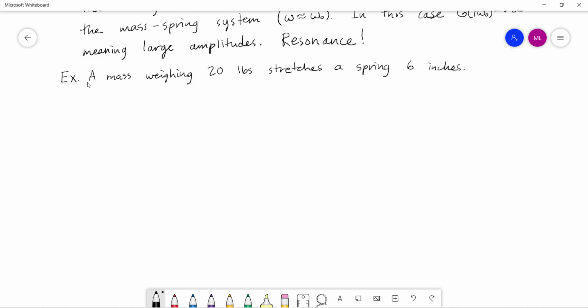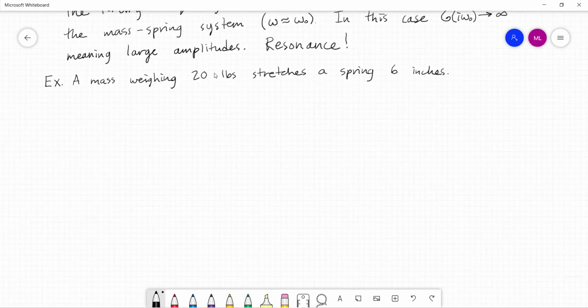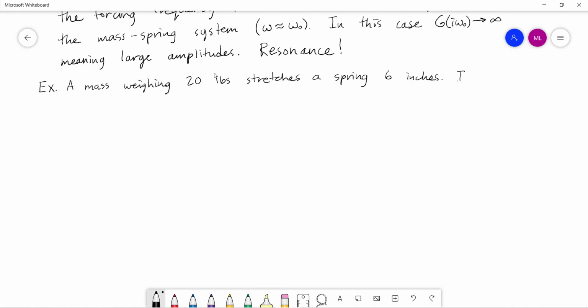Okay, so the equilibrium position of the spring is basically 6 inches stretched from the natural length of the spring when this 20-pound weight is applied to it. If this mass is then stretched an additional 6 inches and released,